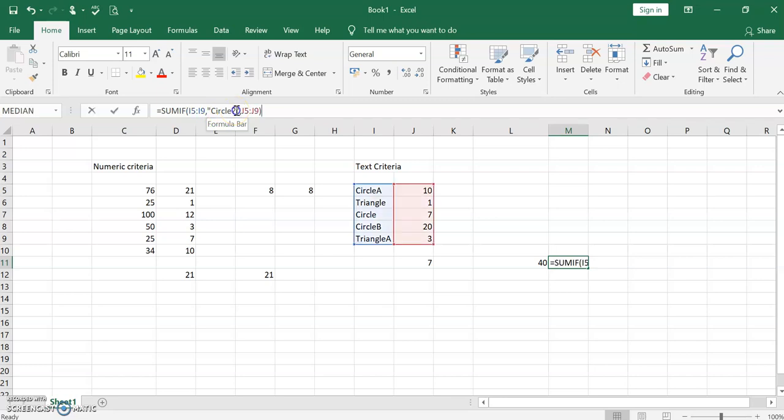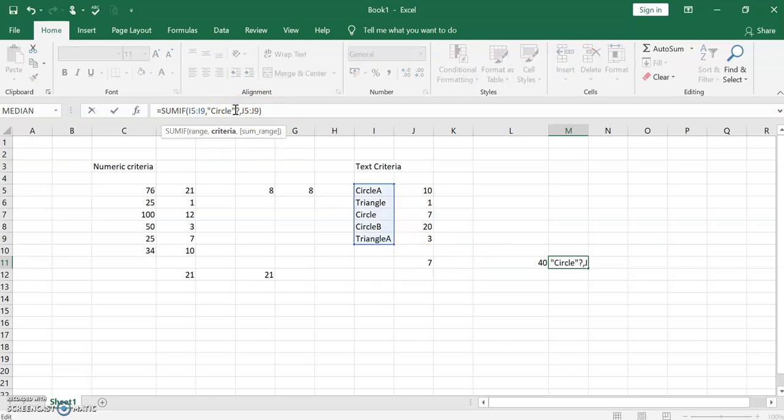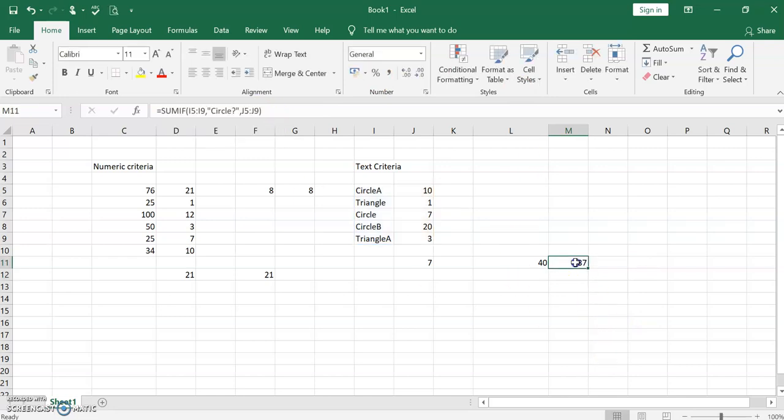So if we just put circle, for example, you just add circle and then give enter, that will end up giving 0. Actually this value is supposed to be 7. This value is supposed to be 7. And just give question mark, close parenthesis, and just give enter. That includes all the values, the summation of all these values.